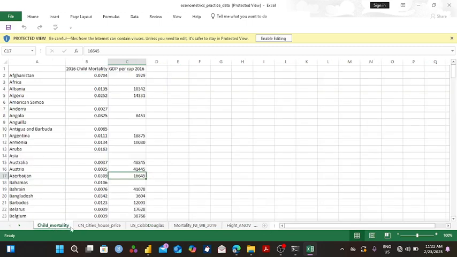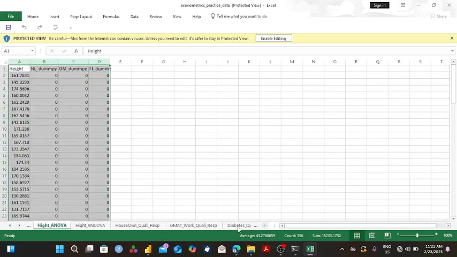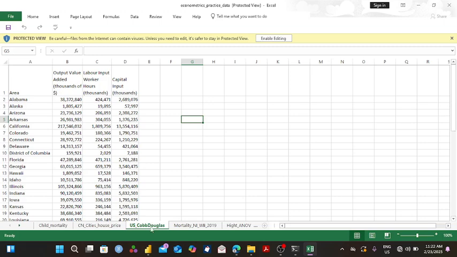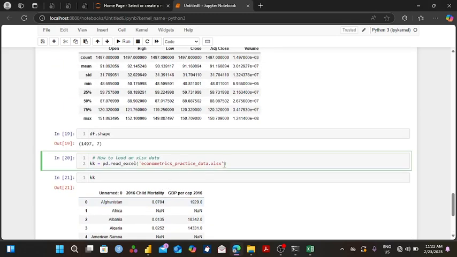We have child mortality, cities, US Cobb Douglas, mortality, high and over. It has a number of sheets in it. And so if you want a particular sheet, you have to specify it. In this case, we will want to specify the sheet of the Cobb Douglas, US underscore Cobb Douglas. And so here I'm going to add an additional argument,